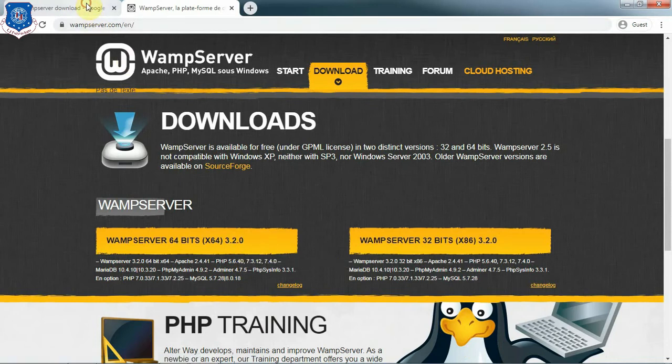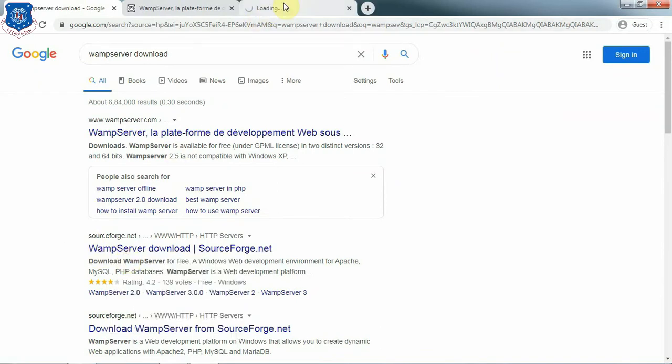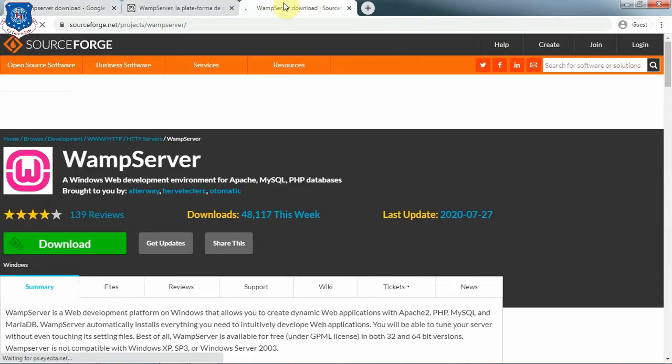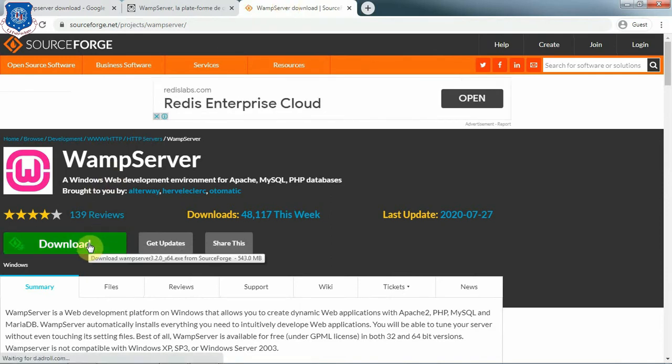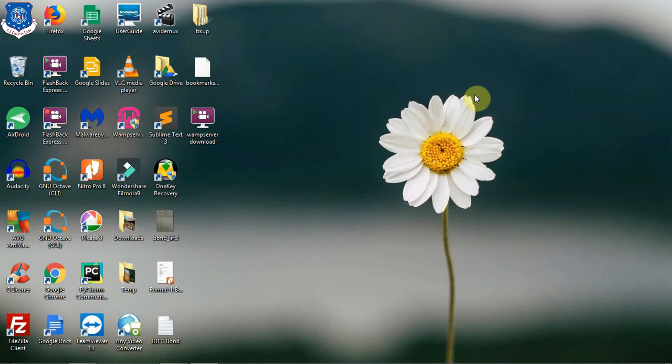You can also download it from the website sourceforge.net. So you can click on the link showing sourceforge.net in the search result, and by clicking the download you will be able to download Wamp server for your system. Once you download the Wamp server, you have to install it. To install the Wamp server, just double click the exe file that you have received as a download. After you install the Wamp server successfully,